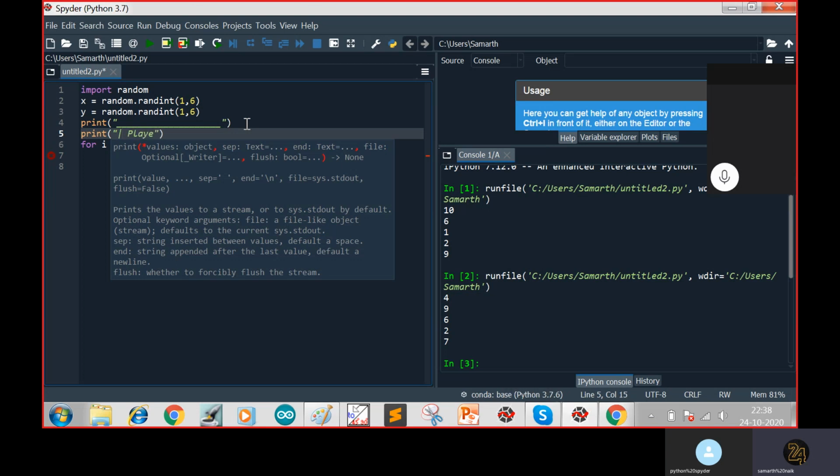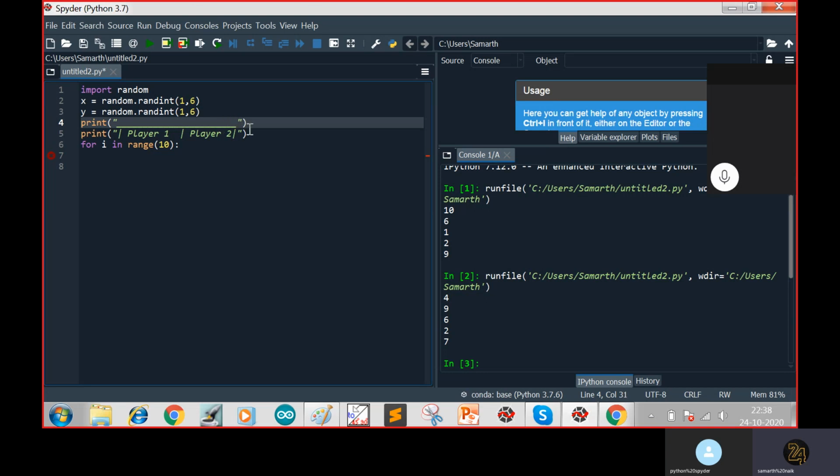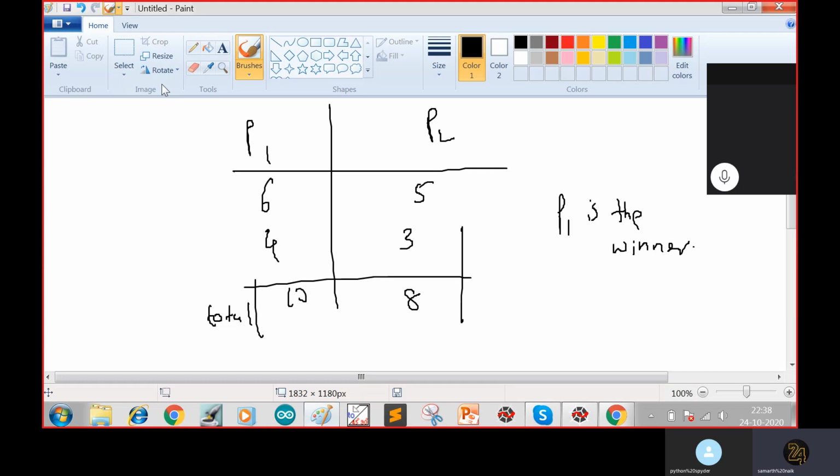So we'll write here player 1, and then right here player 2. This is just for display, so it does not matter that much. The first part for the table is done. We're just writing the player 1 and player 2 columns. This part you have just finished now.